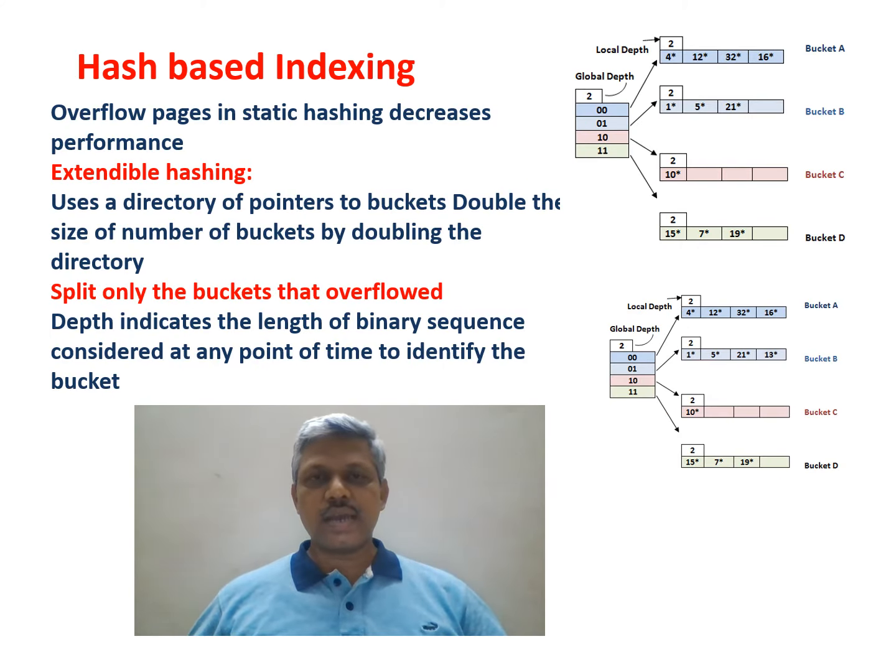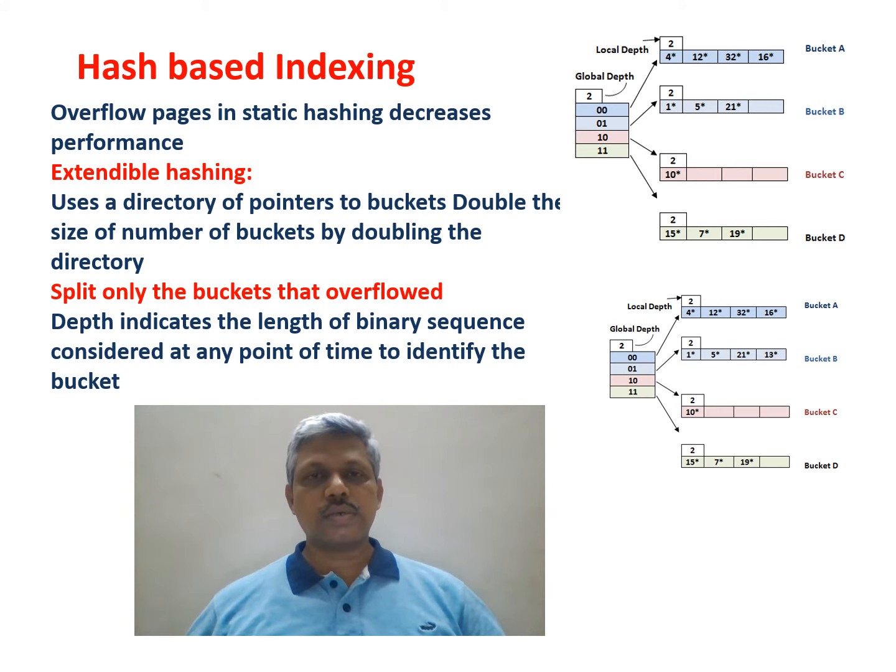In case of static hashing, we observed that long workflow chains may be formed if data is continuously filled beyond the capacity. Then the performance of the hashing itself decreases, because even if the hash value is calculated and the bucket is identified for a given input, still the search is not complete. Because of the long workflow chains, we may have to continue the search until the record is met. So this will defeat the very purpose of hashing.